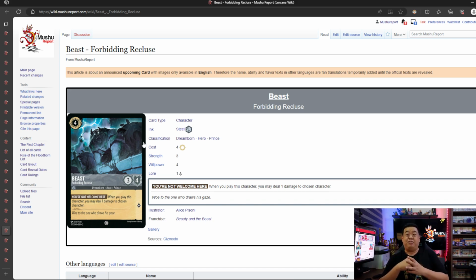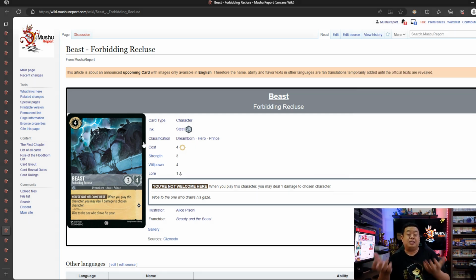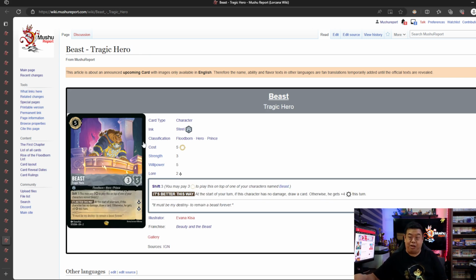then yes, you can use Beast Forbidding Recluse, or otherwise, you can just use Hans, because Hans has a simple ability. Whenever he quests, then you can just ping an opponent's character as well. So yeah, this kind of depends on the build and how you're gonna go about it. I think that in the end, the surprise factor compared to Hans, where you need to wait a turn, still has its place. People will still definitely play these Beasts because Beast actually has a Floodboard now that will definitely